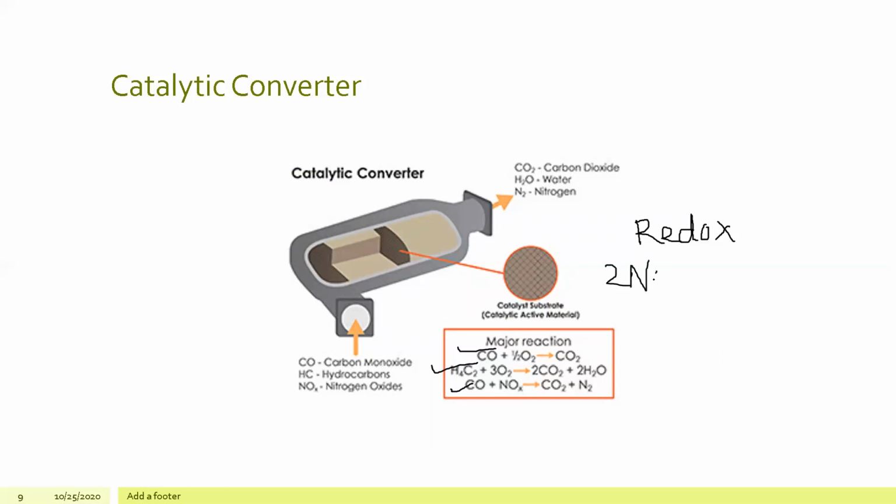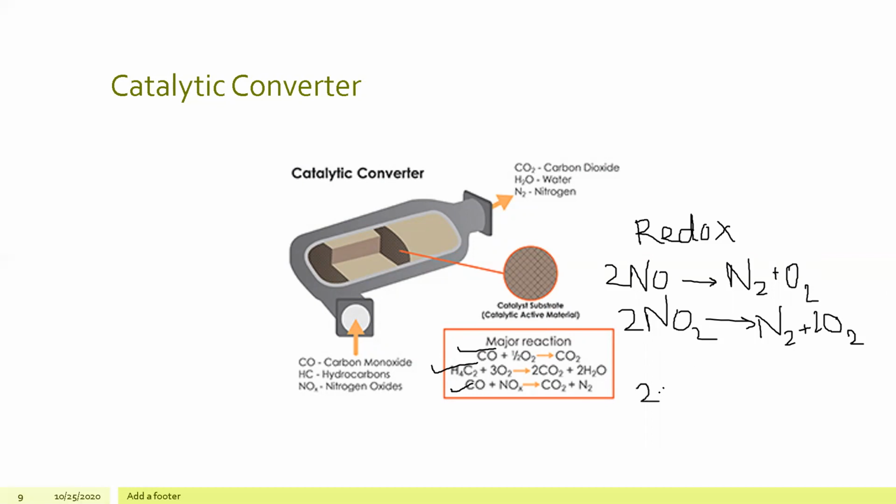Nitrogen oxides, or oxides of nitrogen, are forming nitrogen and oxygen, and another type of nitrogen oxide, NO2, is forming nitrogen and oxygen again. These are just 2 different reactions which are pretty similar but pretty different as well. And so these are the reducing reactions, reduction, and examples of oxidation is when carbon monoxide is combining with oxygen